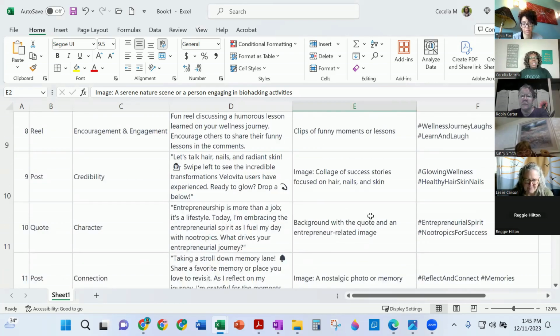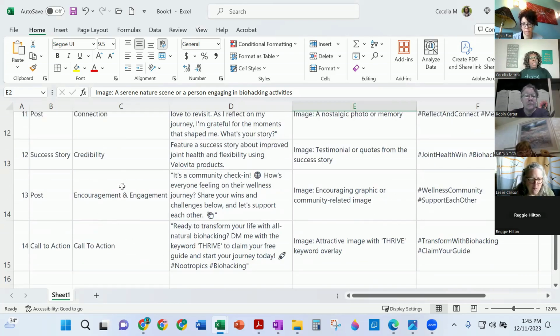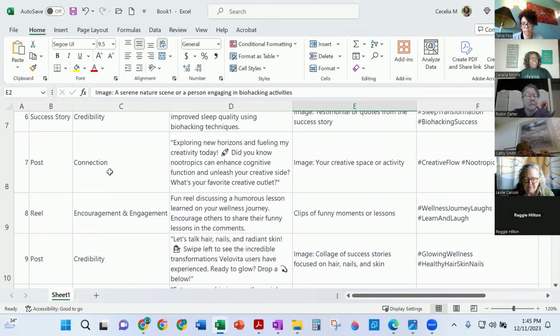And here we go, guys. Again, 90 days worth of content, all of them with a different theme. And this is awesome. Love it, love it, love it. All right. If you are just as excited as I was when I saw how to do this, go ahead and type content in the chat because this is going to be a game changer.